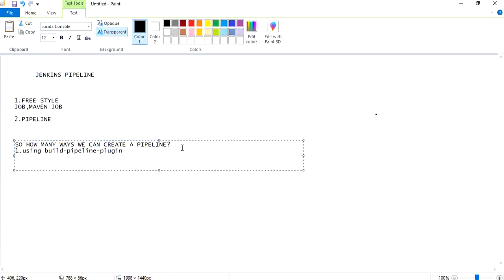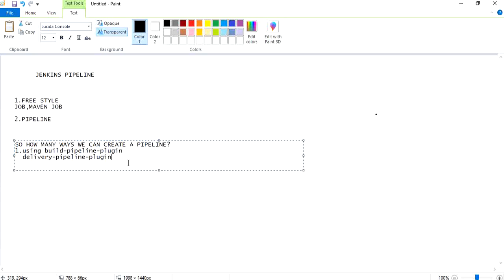We can also use delivery pipeline plugin. So we can use build pipeline plugin and delivery pipeline plugin. We can download these plugins, and again, we can install them before restart or after restart.